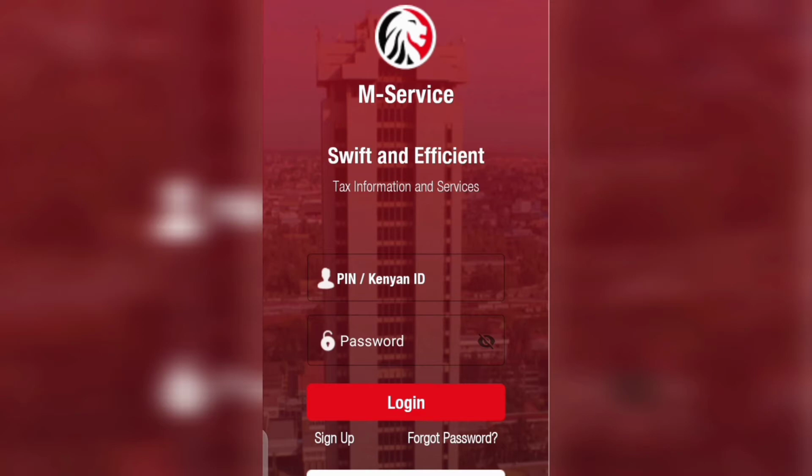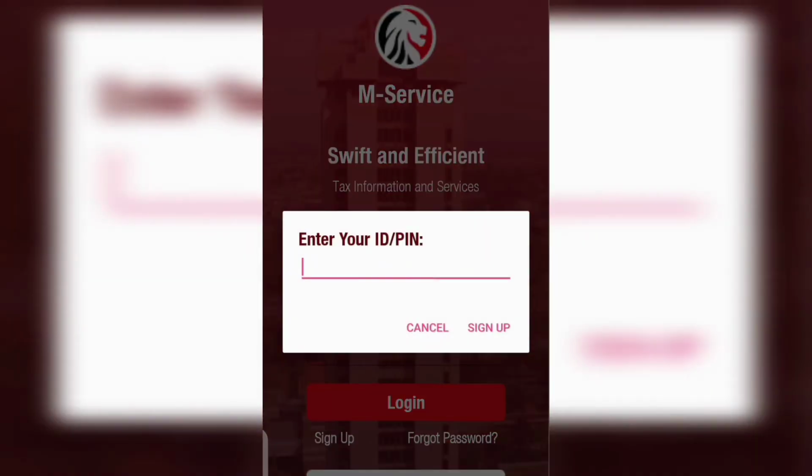So since this is the first time you are using this application, you need to click on sign up. So click on sign up. So after clicking sign up, it will ask you to enter your ID or your PIN. So for this case, you need to enter your KRA PIN. So for me, I will not register because I'm already registered,